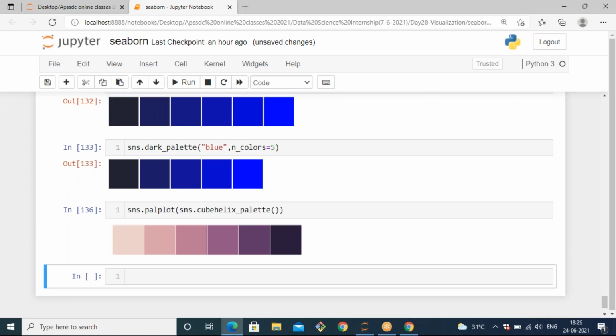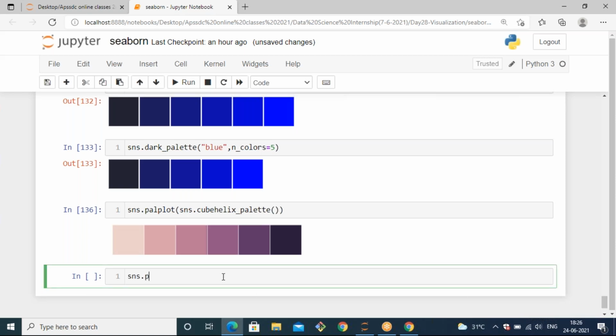We have so many possibilities. With this, we can create n_colors, any number of colors. And in the PalePlot, you can specify some other attributes like start value, end value, and rotation value. That means from what value you want to start, which intensity you want to start, from 2 to 1 or 10 to 1. You can specify any one thing. So let's see how to apply those start and end parameters also.